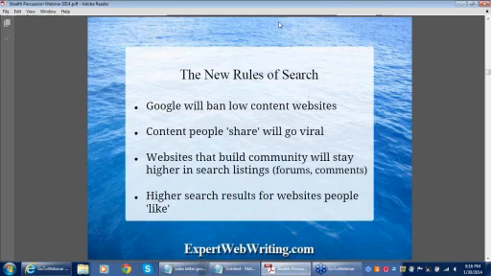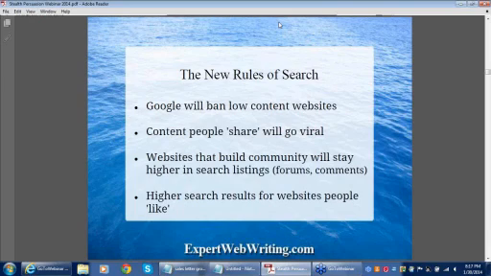The first thing they're going to start to do, and this is all about the Penguin and Panda stuff, is that Google will ban low content websites. And straight off, if it just stinks, they're going to start banning it. Because basically people don't want to read stuff they get in search results that aren't relevant to what they were searching for, and Google knows that. And the searcher is their customer. So no longer are they just going to let a lot of crummy websites keep going up that don't have real content. Well, that doesn't apply to us, I know, so it'll be fine, and tonight you'll learn how.